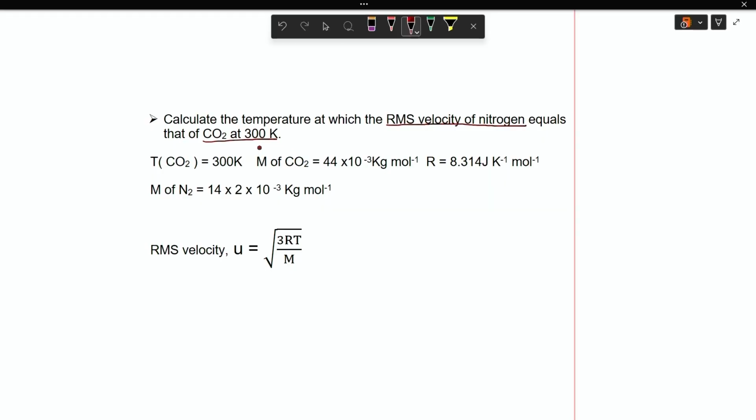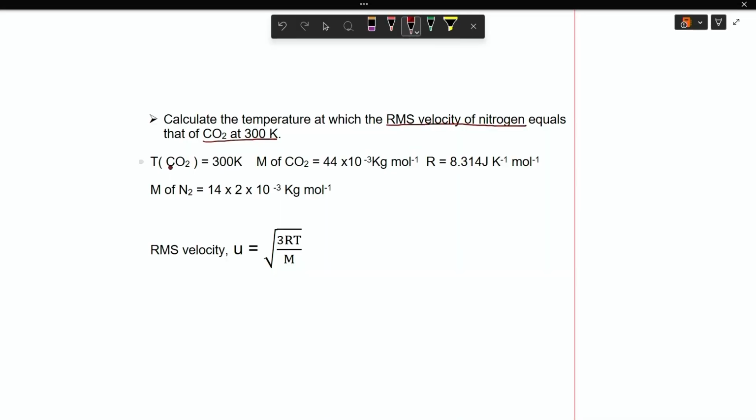Naturally, the temperature for nitrogen will be different, though the RMS velocities of nitrogen and carbon dioxide are equal. Now, let us see the data. Temperature of carbon dioxide is equal to 300 Kelvin. Molecular mass of carbon dioxide is equal to 44, which is obtained from carbon 12, oxygen atomic mass is 16,